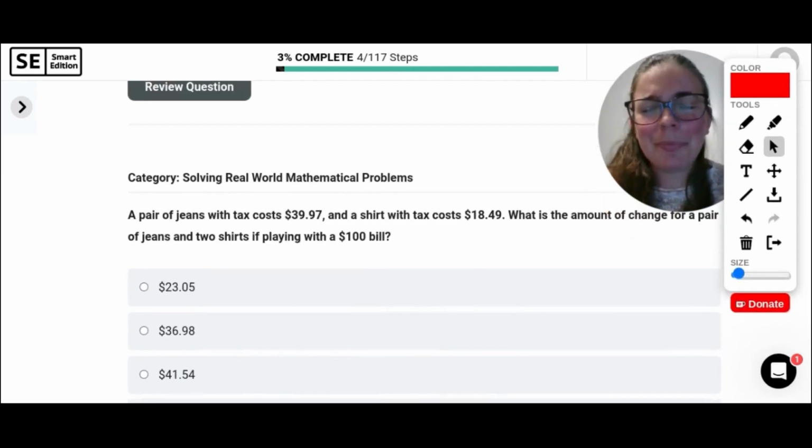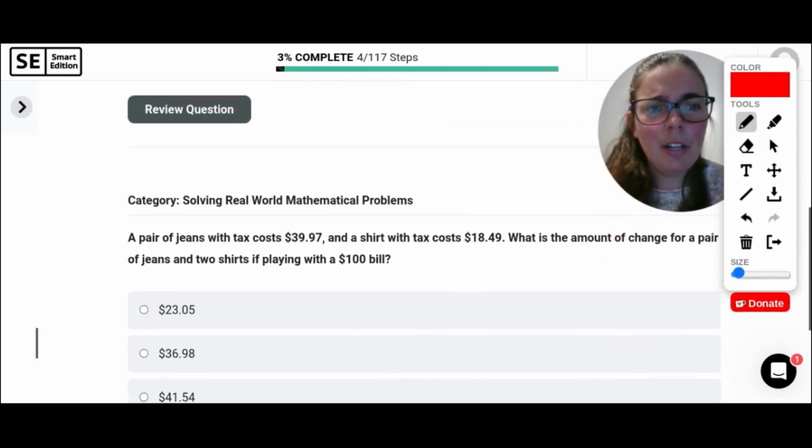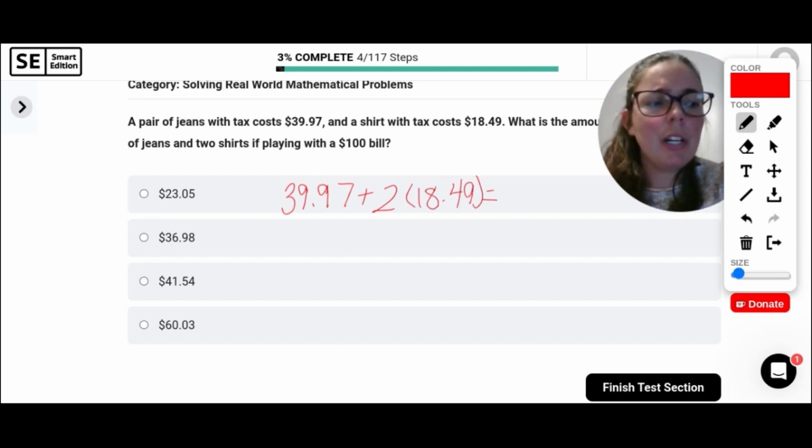All right, last question. Let's wrap it up. A pair of jeans with tax costs $39.97 and a shirt with tax costs $18.49. What is the amount of change for a pair of jeans and 2 shirts if paying with a $100 bill? So we are paying for a pair of jeans and 2 shirts. So a pair of jeans is $39.97 plus 2 shirts, so 2 times $18.49. So let's just simplify this to figure out how much we are spending. So when I multiply this and then add the $39.97, I get